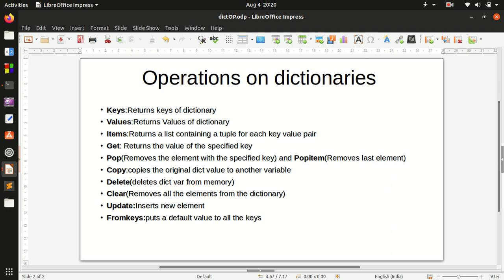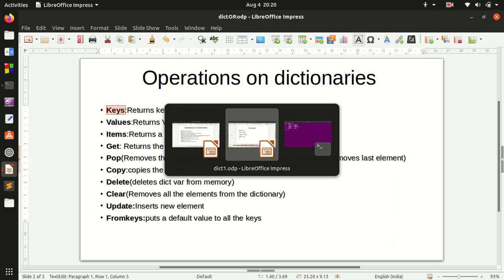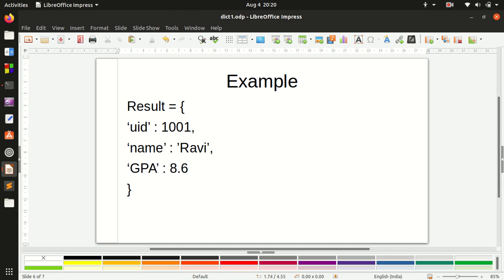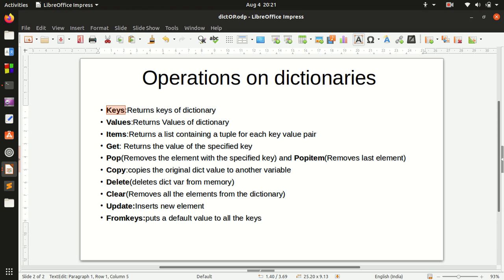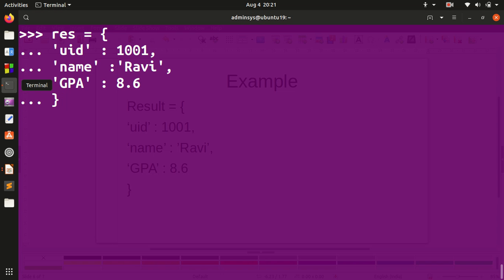The first operation we have is keys. We know that a dictionary consists of keys and values, right? So if I want to retrieve the keys of the dictionary, then I need to use the keys method. Let's see an example. Here I'm using the same example as shown in the PPT.